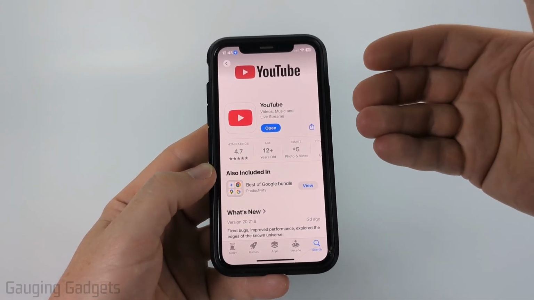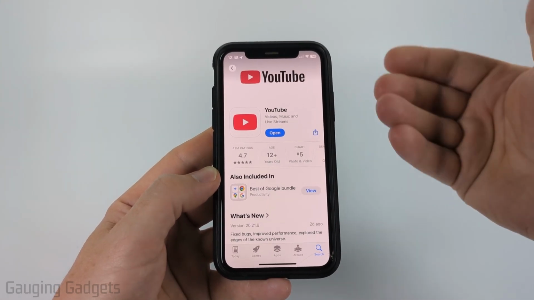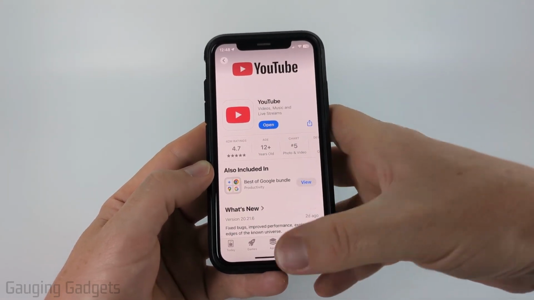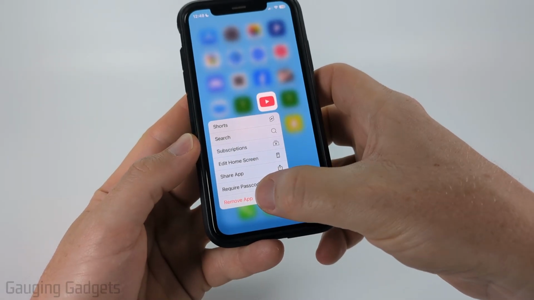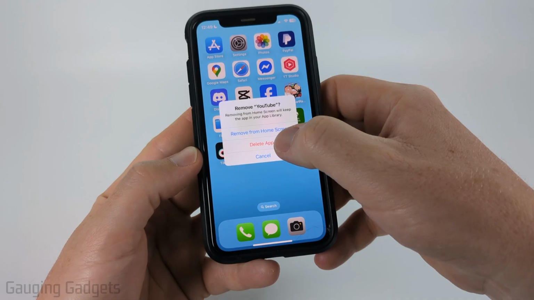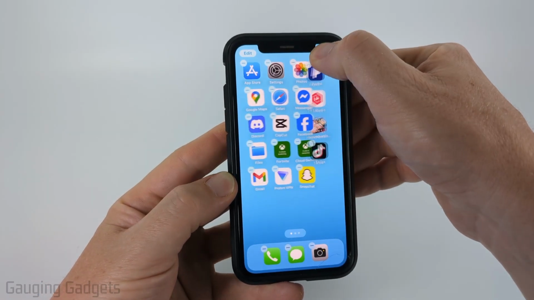But if for some reason you're still not getting the latest version of YouTube or you're not getting the latest features, what I recommend doing is uninstalling YouTube and then reinstalling it. And we can easily do that on an iPhone by long pressing the iPhone app and then selecting Remove App and then confirming Delete App. On an Android phone, you'd simply long press the YouTube app and drag it up to the top right to